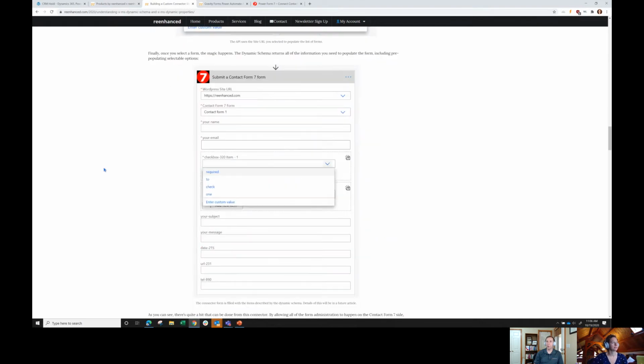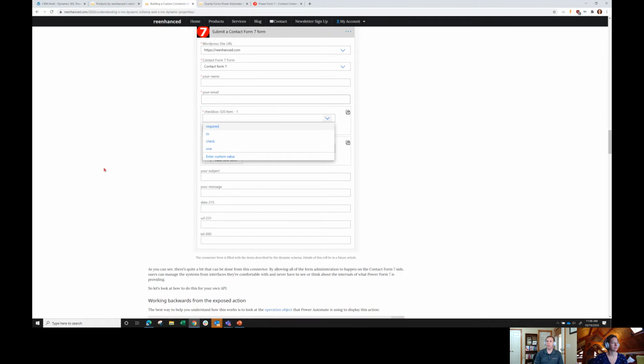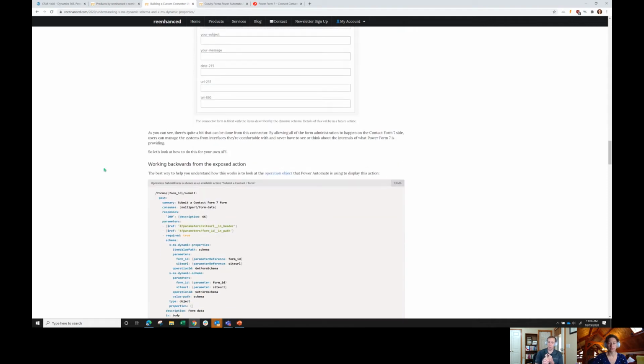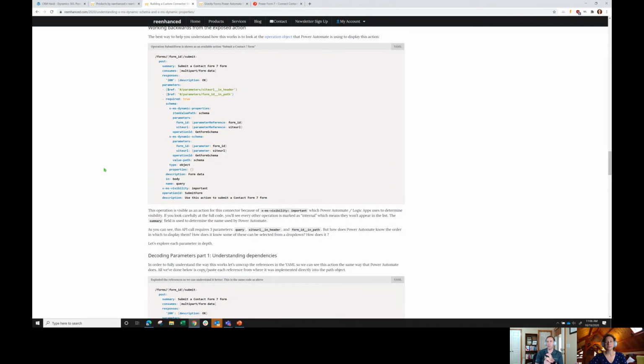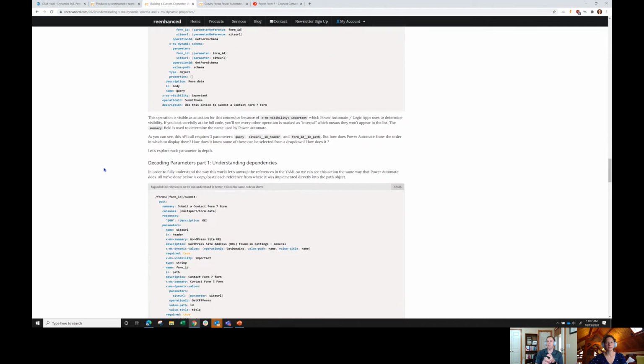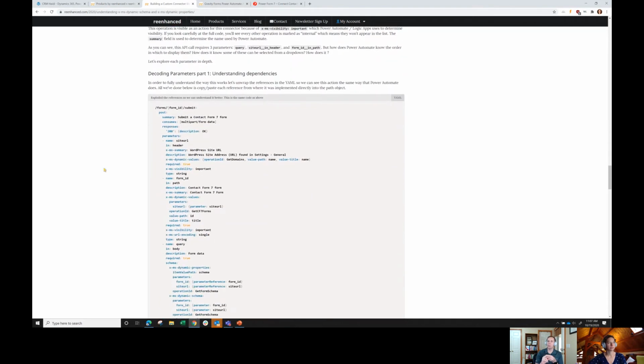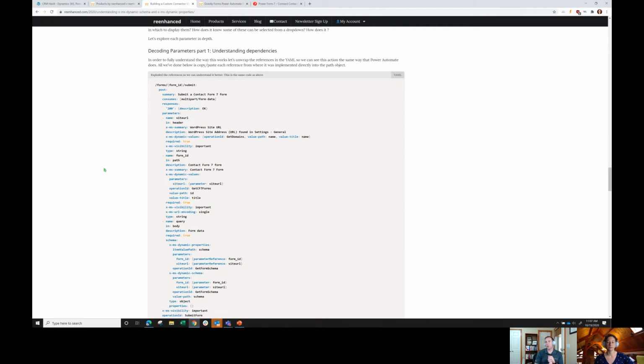The way this connector works, it's actually a 3-part connector. You need to know your license key so we can identify the account. You need to know which site you're working with because you're licensed on multiple sites, and then you'll need to know which form. So there are actually 3 parts that you need to know before you can do any action, submitting a form or having a trigger work. So I've gone through the beginning part of this, which is really just how do I identify those 3 items,